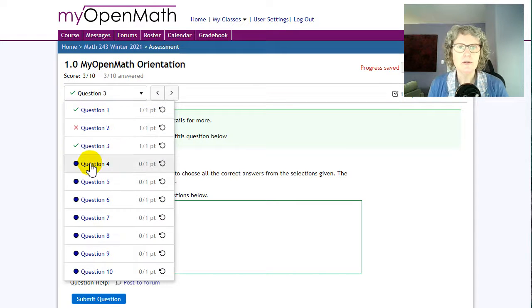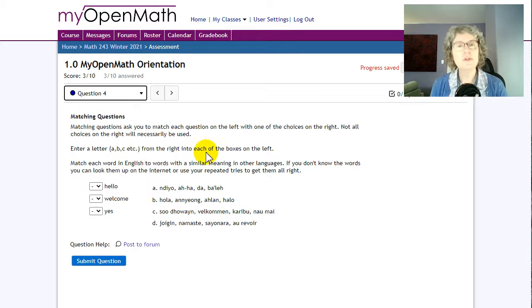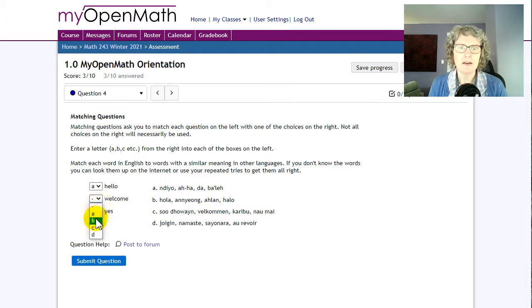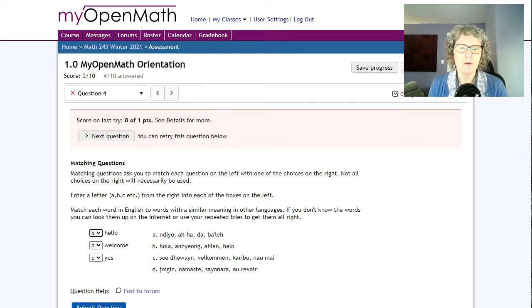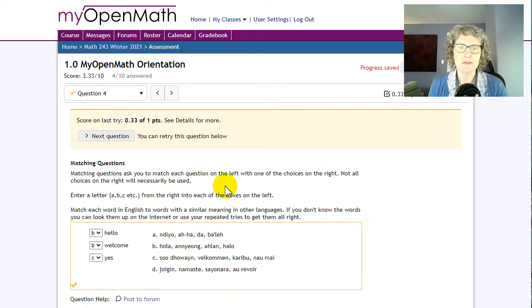Let's see what other kinds of questions there are. Here's a matching one. These are to test your language skills. You can Google it if you need to, but I think there's at least one you'll recognize in each group, maybe more, depending on how many languages you speak. I would just click A, B, C, or D. I'm probably getting these wrong because I'm not even looking. And okay, I'm wrong, so at least some of them are wrong. I'll let you work on figuring out the right answers to that one.